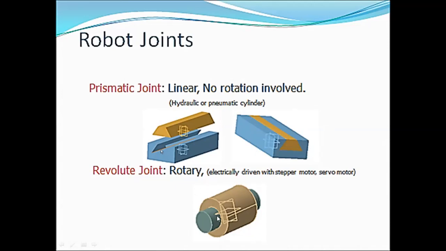Rotary joint means we have to control the coordinates between the two moving bodies. Suppose this outer body is rotating about this first body. You have to calculate the coordinates of the second body with respect to the first body, and these coordinates should be controlled with the help of a controller. In the case of electrically driven stepper motor or servo motor, we have to control the steps. Steps means how many pulses are required, and accordingly you have to control the steps. These steps are further governed by the angle of turn.